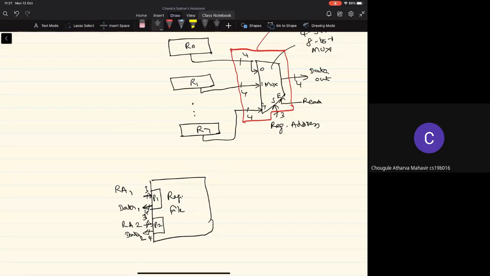I hope that's clear. So in principle, one can have multiple read ports. But typically, what is used in practice in many of the processors is a register file with at least 2 read ports. Some processors may support even 4 ports for the register file read operations. Now let's look into how we can perform the write operation.